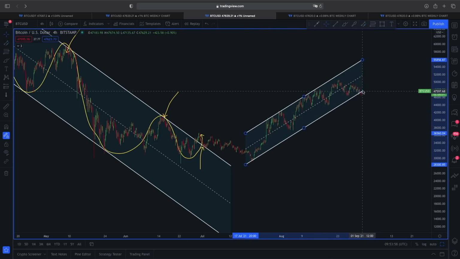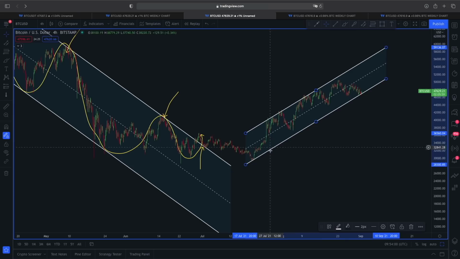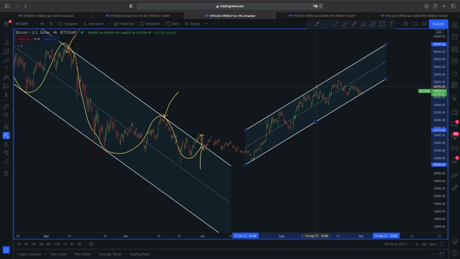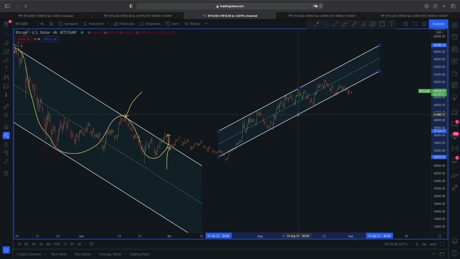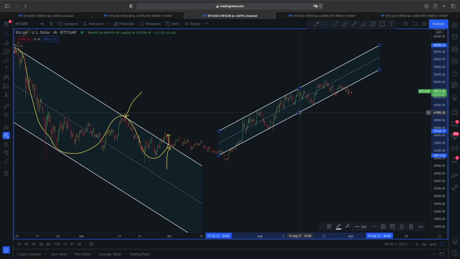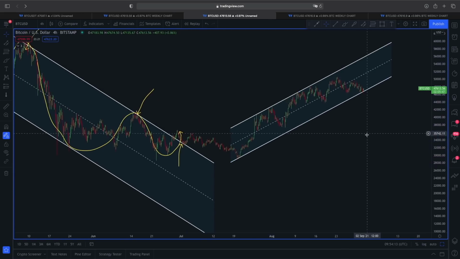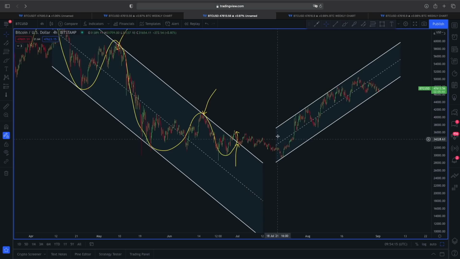rally here to the upside, then we can see very clearly guys, the price should remain above this lower line area of this ascending channel, because we have said this here was a possible scenario. But right now, if you look at this as a whole, you can see lower highs, lower lows continuation pattern, and now we are making higher highs, higher lows continuation pattern. So what we don't want is price to start making lower highs, lower lows continuation pattern.